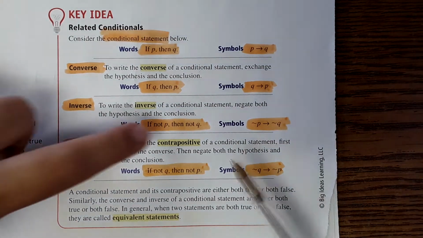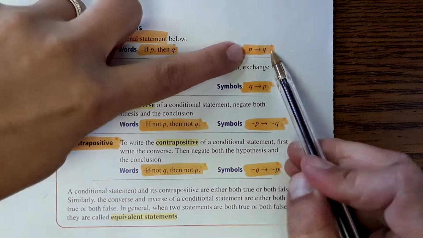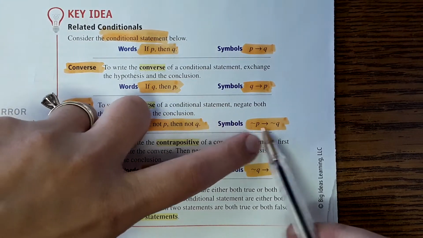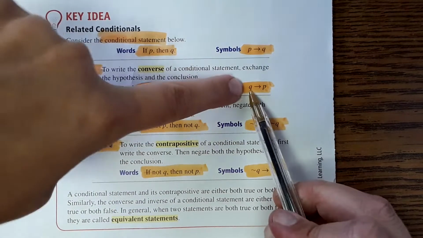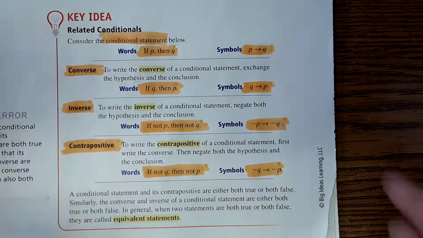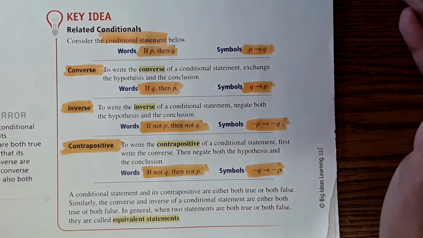So the difference between these two is, okay, so we had P then Q, and then we had the negation, not P, then not Q. And then here we switched it: Q, then P, and then not Q, then not P. And you'll see where this goes. Okay,